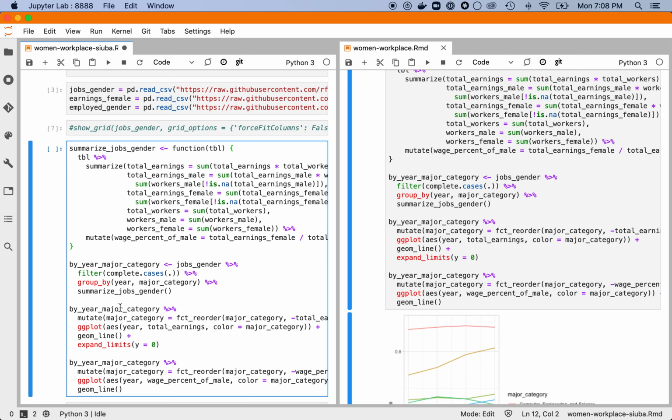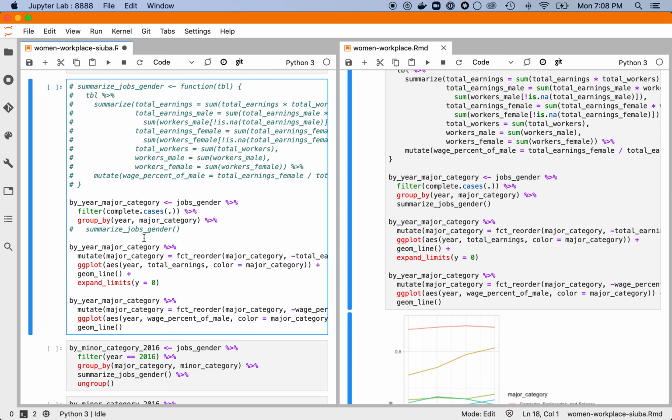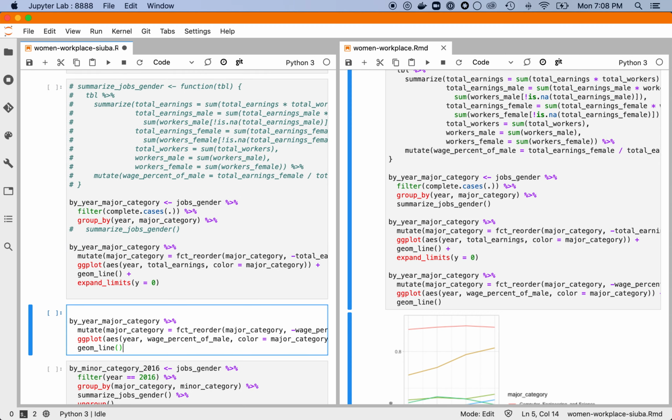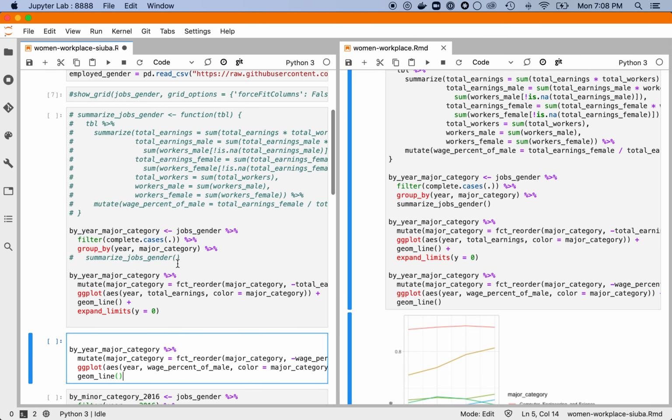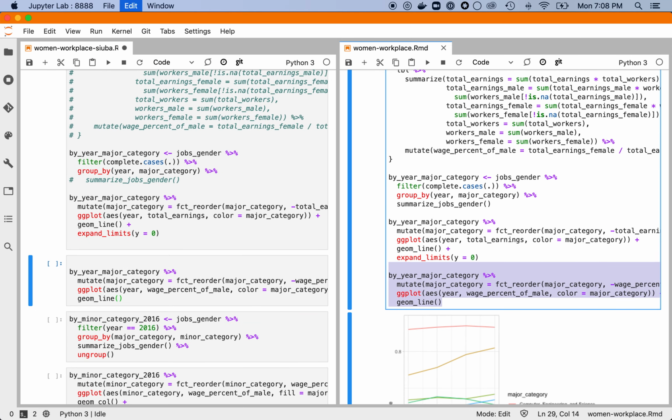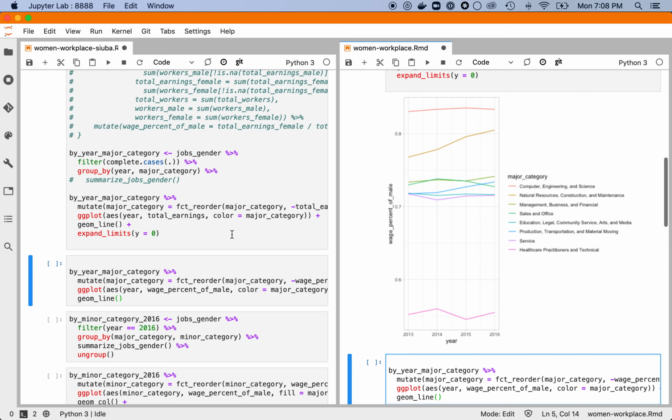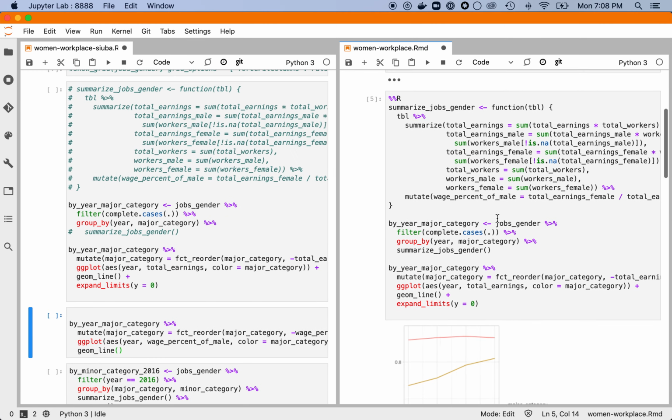What's the best way to do this? Well, let me start with everything leading up to it, and then we can figure it out. So I'm going to comment this out. I'm going to move this one off because it's a separate plot, so we can show all our plots in the same place. Going to do that here also. Okay, and then